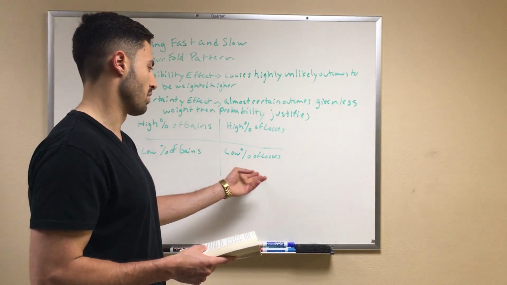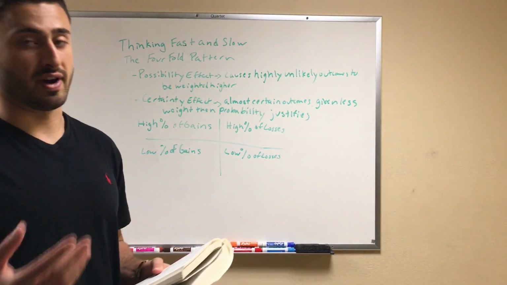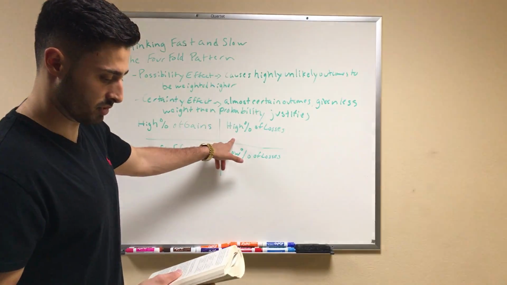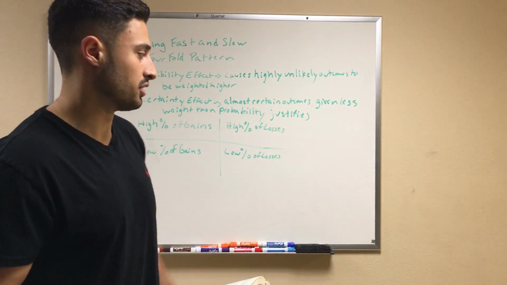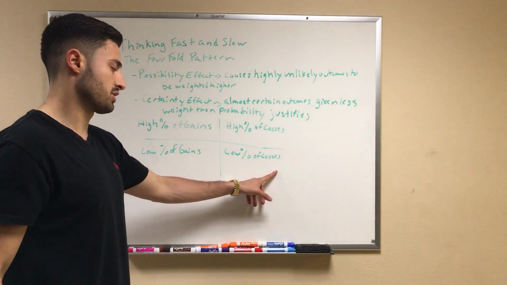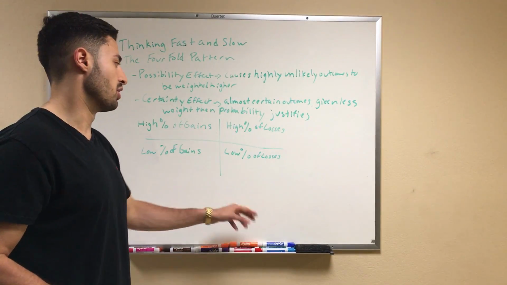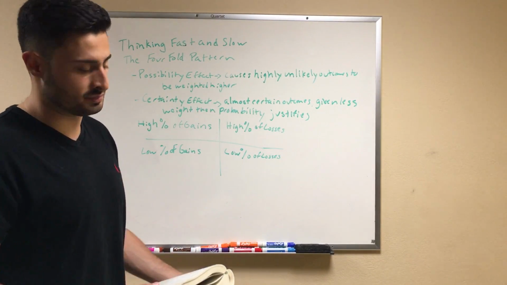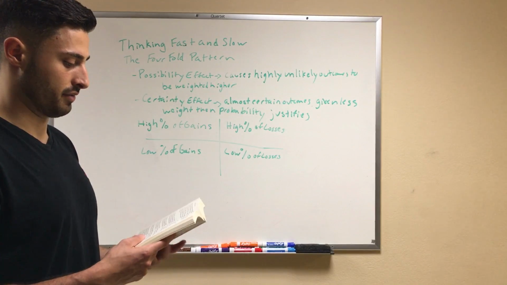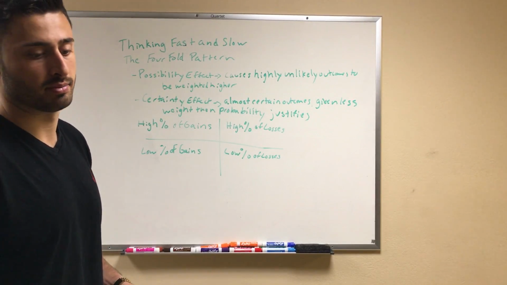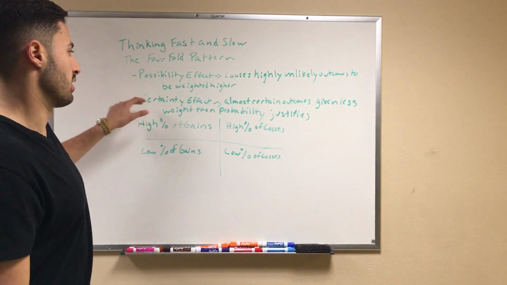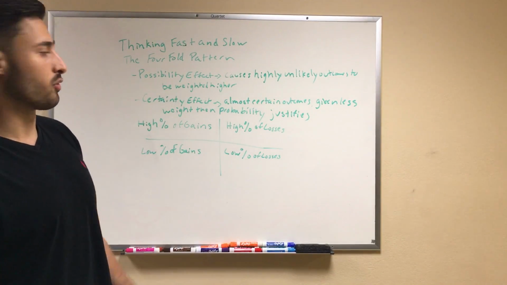And then we have a low probability of losses, which is a 5% chance to lose $10,000. So these two are pretty similar, and these two are pretty similar. It's just the way that they're presented to you. And this basically gives us a fear of a large loss, which makes us risk averse. You don't want to take the chance, and you end up accepting an unfavorable settlement when you have the chance of not losing at that point. So these two, the possibility effect and the certainty effect, are affecting everything here in this fourfold pattern.